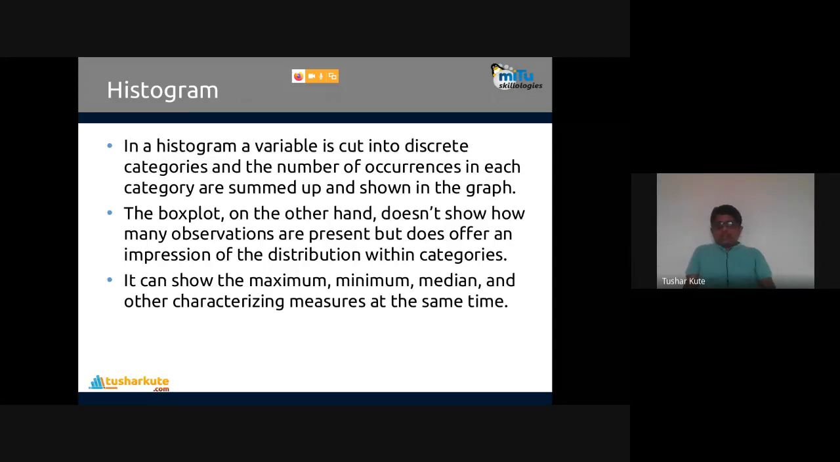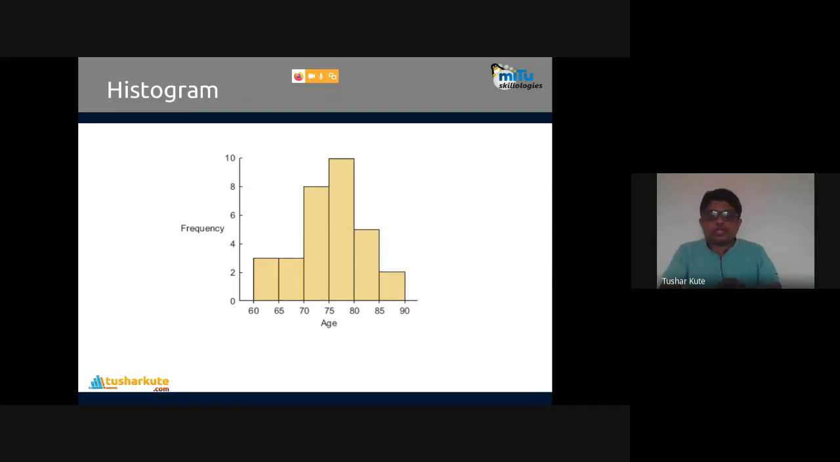It doesn't show how many observations are present, but it does offer an impression of distribution within the categories. It shows minimum, maximum, and median values. Let's talk about the histogram first. See this. This is a histogram. You can see distribution of the data within a specific range or